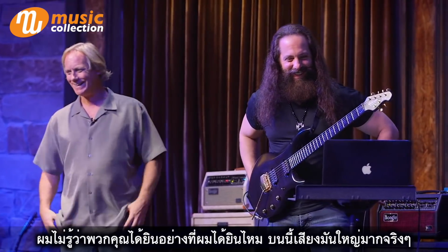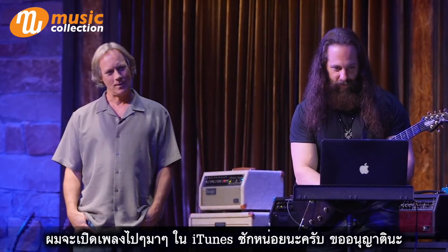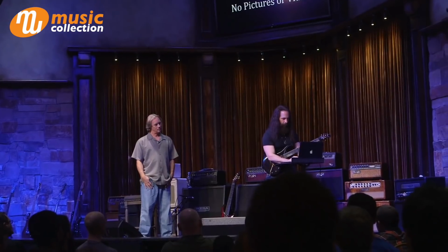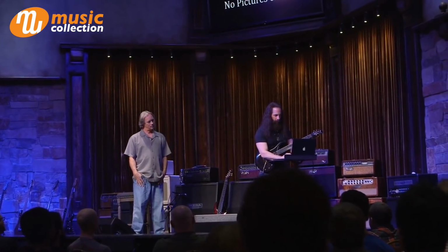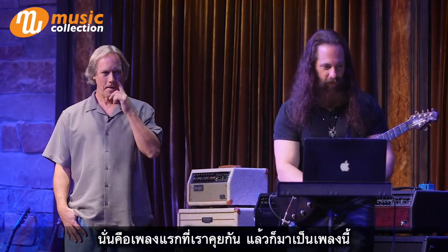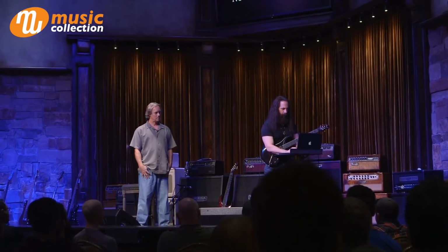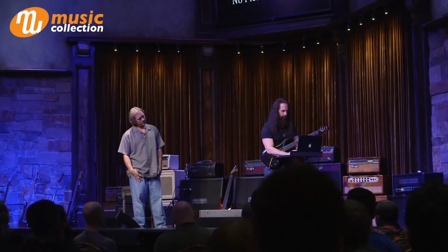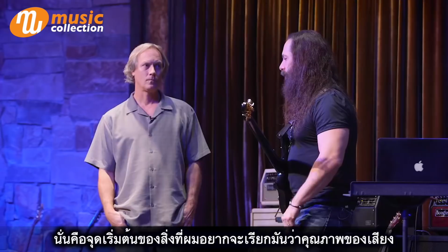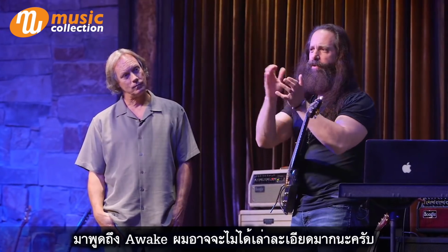It's just huge, man. I don't know how you guys heard that, but it's huge up here. But you can hear, and I'm just going to jump around the tune. Don't mind me as I go through iTunes here. So that's what I was talking about with that. That's like the beginning with the quad and all that. Moving on to Awake, and I won't go through every album, I won't bore you,